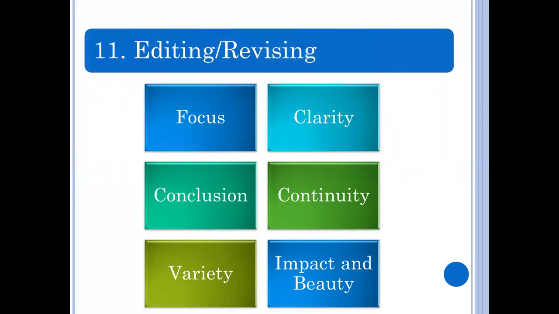Next component that we have is editing and revising. And for this one, written speech involves correcting errors in mechanics such as grammar, punctuation, capitalization, unity, coherence, and others. And according to Andrew Lugan, an award-winning public speaker, he listed 6 power principles for speech editing. We have edit for focus, edit for clarity, edit for conclusion, edit for continuity, edit for variety, and edit for impact and beauty. So for focus, you must ensure that everything you have written from introduction to conclusion is related